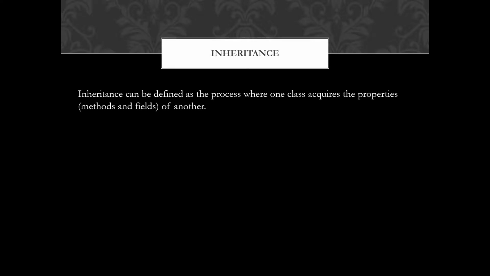Now what is inheritance? Normally the literal meaning of inheritance is acquiring the properties which are already available and making use of those properties. Like a son inherits the property, a house, which is gained by the father. The same thing applies in Java programming, where it is a process of acquiring the properties. In Java, properties are nothing but methods and fields. Whatever methods or fields are there in another class, the present class can acquire those properties, and that feature is nothing but inheritance.